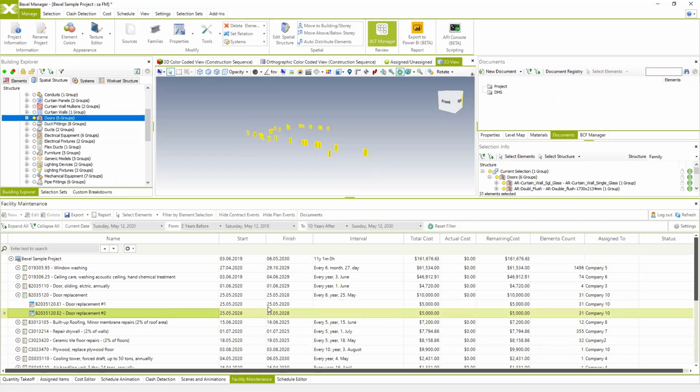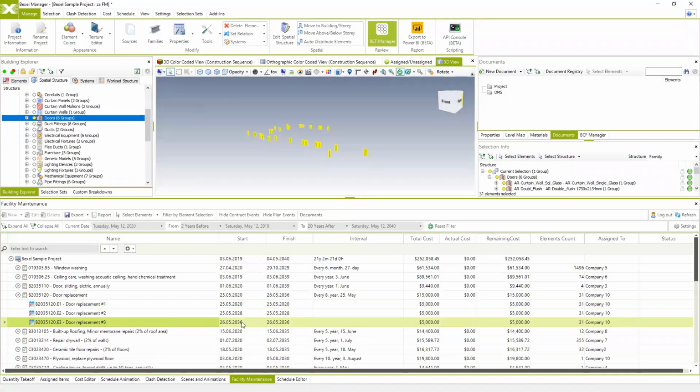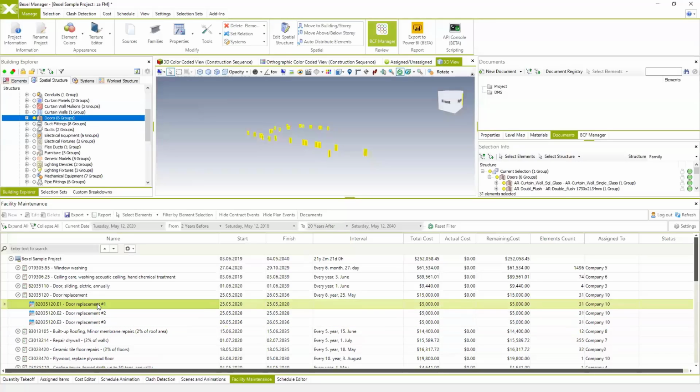Next week, and then in 8 years. If I switch this into 20 years, then it's going to be executed 3 times. And then the next thing, when you create your facility maintenance plans, you specify the price, you edit or attach